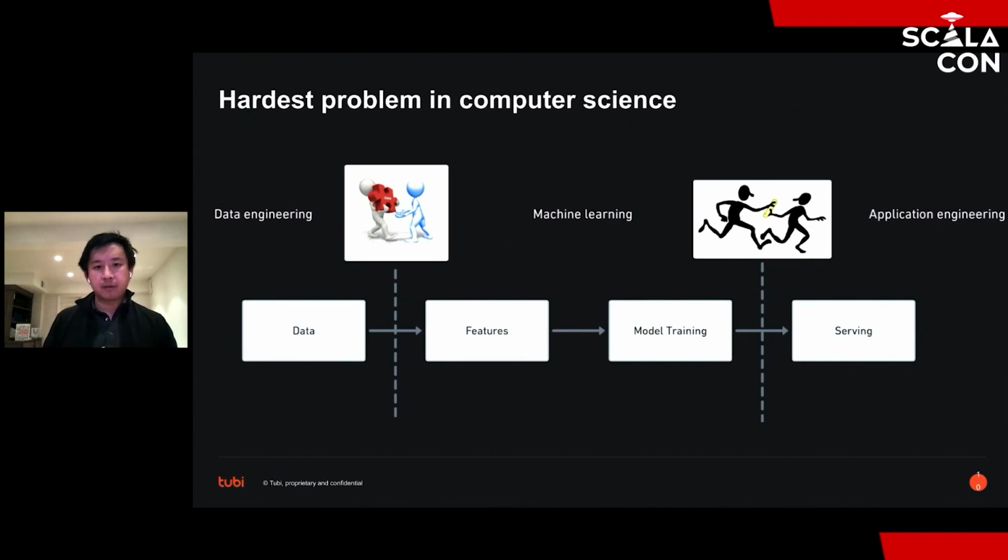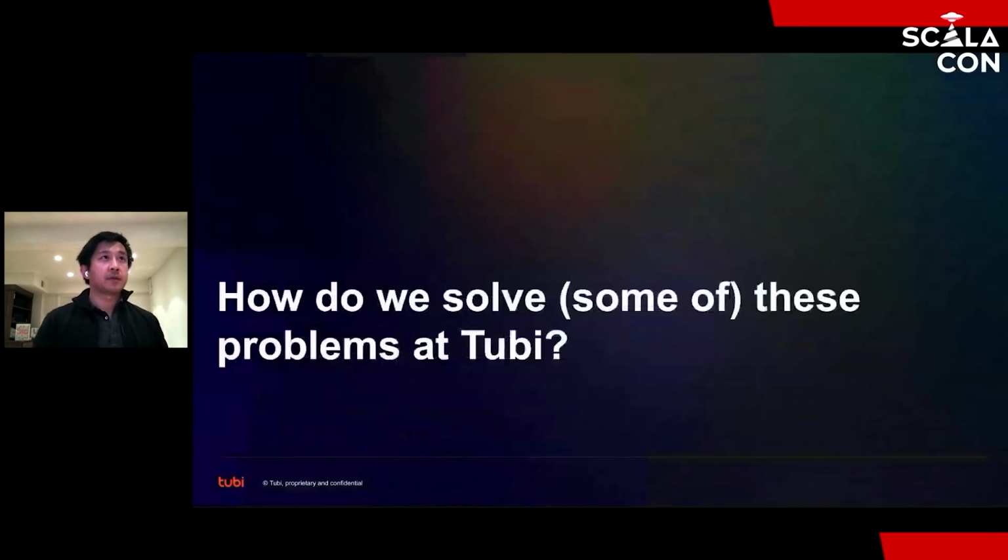So each team has different skill sets and different overriding concerns. And so crossing that boundary is often when machine learning, ML ops, or operationalizing machine learning fails in a lot of companies. Right. So those three things encapsulate what I think makes ML ops really challenging and really hard.